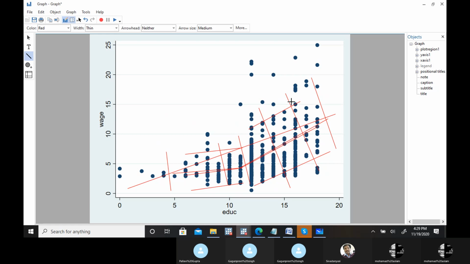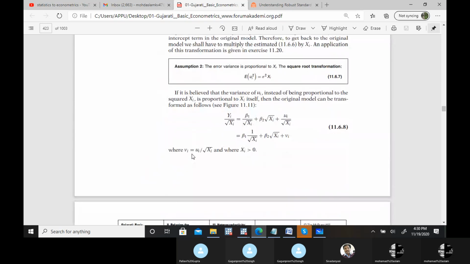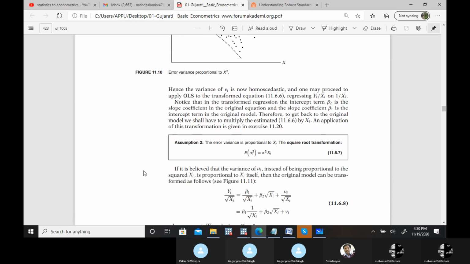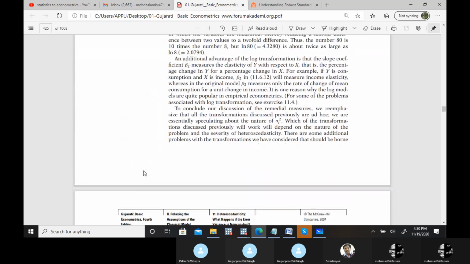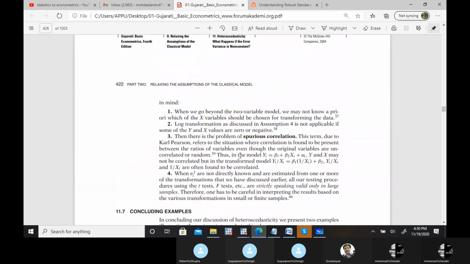Just report that there is heteroscedasticity as well, and a few other measures which you find in the literature. So there is no one simple answer as a remedial measure. You can try these bookish things, but when you have a practical model, the interpretation part is quite difficult. That's why, in all the remedial measures, they give you a note that your original model has now changed, so it might be difficult to interpret. You have to keep in mind that there are some problems.